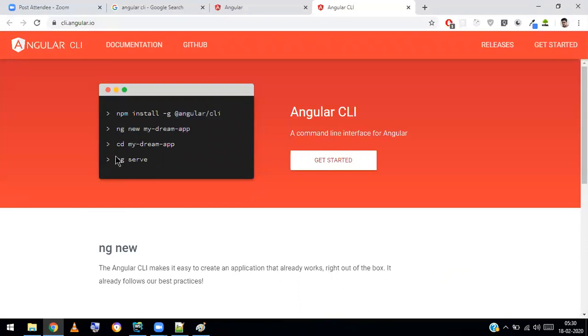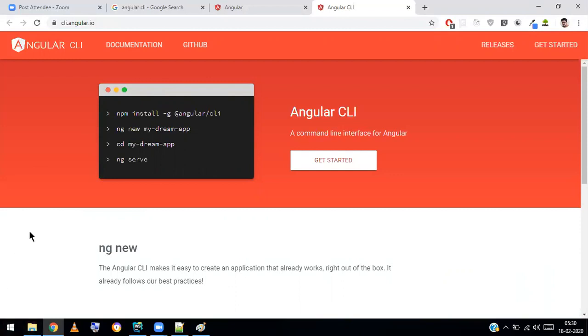application, and we can just start the application. These are the four simple steps to start a complete Angular application, and then we can modify it as per our interest. Let me create an Angular app using these commands. Before doing all this, we have to install Angular CLI. We have already done the installation of Angular CLI on the first day of software installation. I'll show you one more time how to install Angular CLI and check the version.